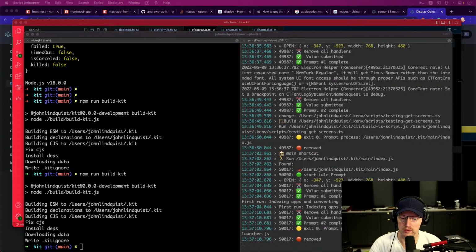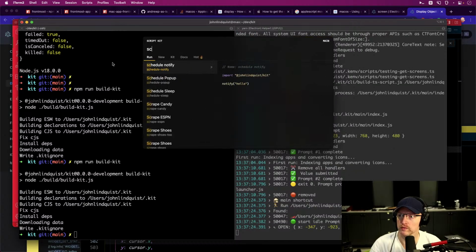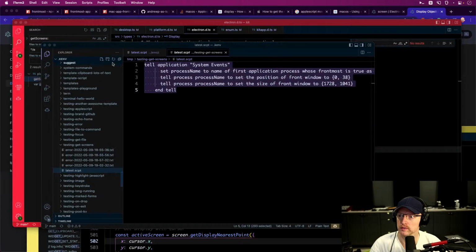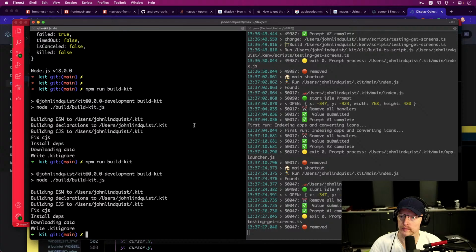Okay, so that worked with that. Why doesn't it want to move the terminal? Well, now it worked. Yeah, I think I might need to make this a two-step process because it seems like it needs to,